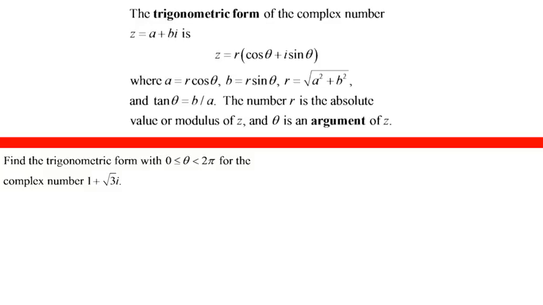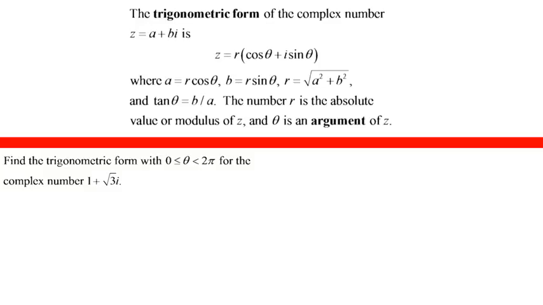If we think about that right triangle we were referring to earlier, cosine is going to refer to our real part, sine is going to refer to the imaginary part. So a few equations we should remember. We have a is equal to r cosine theta, b is equal to r sine theta, r is equal to the square root of a squared plus b squared, and tangent theta is equal to b divided by a. That r value represents the absolute value, or modulus, that we were talking about earlier, and theta is referred to as